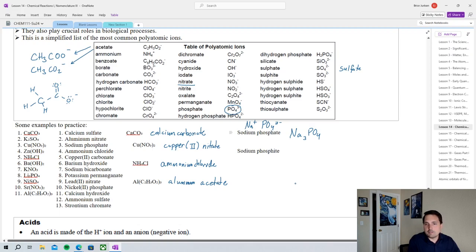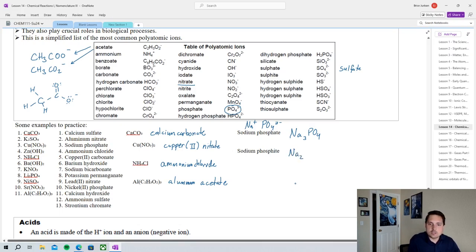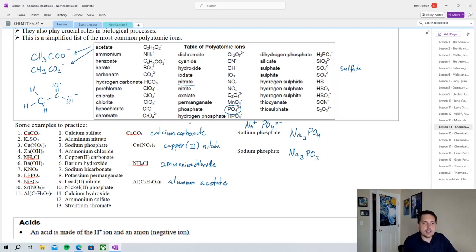What we notice here is that the ending -ate and the ending -ite refer to the number of oxygens that polyatomic ion has. So sodium phosphite is going to be Na3PO3. It's just going to have a polyatomic with one less oxygen. We can see that here in